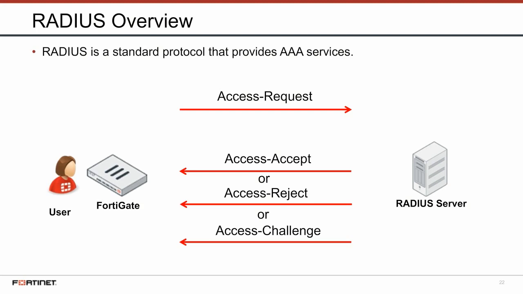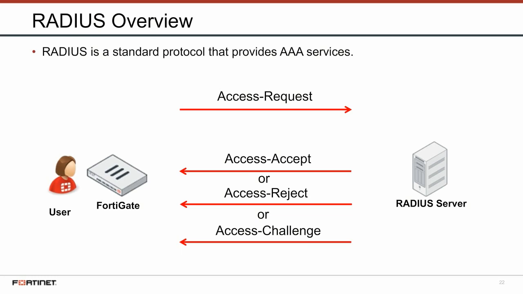Radius is much different than LDAP because there is no directory tree structure to consider. Radius is a standard protocol that provides authentication, authorization, and accounting (AAA) services. When a user is authenticating, the client, FortiGate, sends an access-request packet to the Radius server. The reply from the server will be one of the following: access-accept, which means that the user credentials are OK,